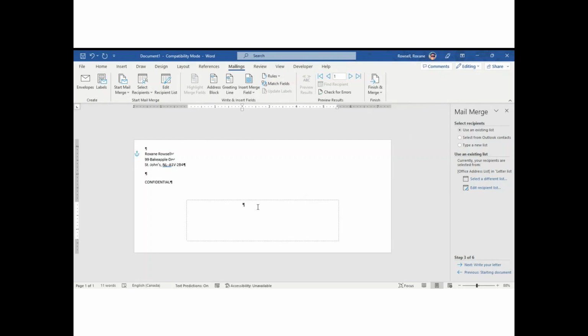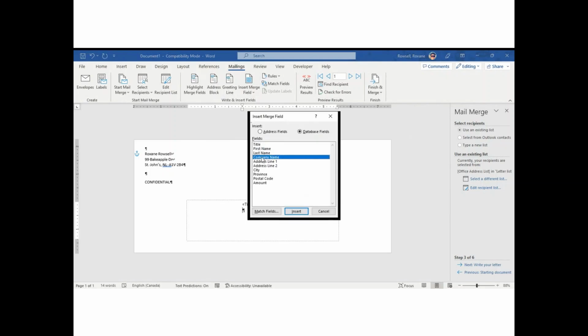So this is where we would want to have the addresses for the people we're working with. So let's say we're going to go into here. Now we have already created that database, which is still attached to this one. So we're going to put in the address the exact same way. So if you do the address block, it will not remove the spacing and not put your commas and stuff in. So we're going to use all the individual ones. So we're going to go title, space, first name, space, last name, and then we're going to go Shift Enter,